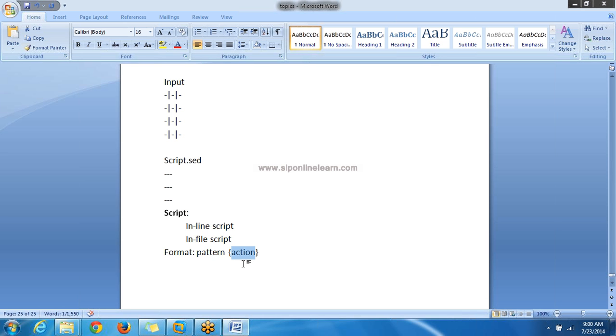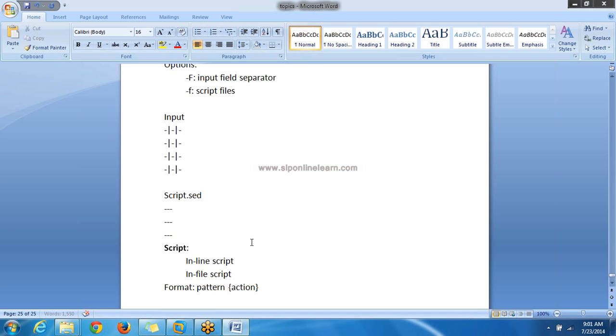So it is somewhat similar to the sed command only. But we have different kinds of actions and some patterns are supported here. What patterns are supported, we'll see. So this is the format of the script.